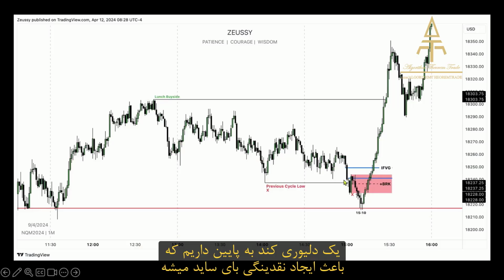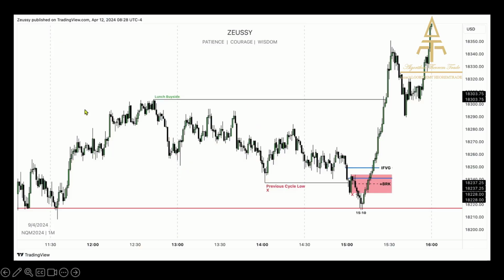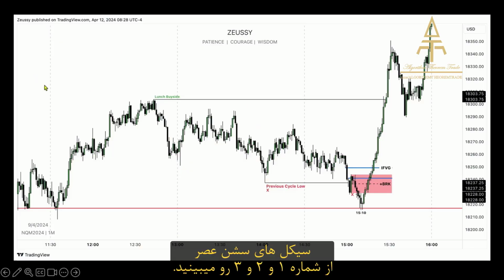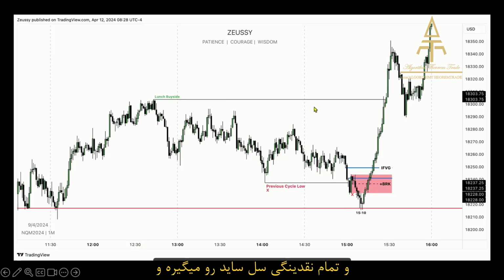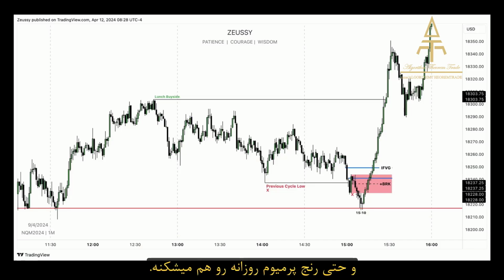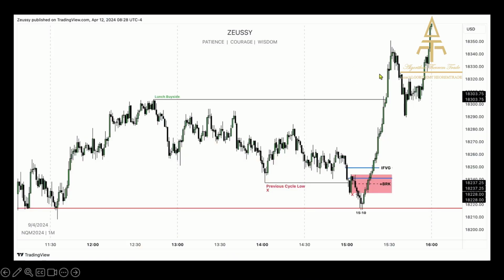this very slow delivery lower, which of course engineers buys at liquidity above all highs. Take a look at the time cycles. PM cycle 1, PM cycle 2, PM cycle 3. First 2 PM cycles engineer buys at liquidity. Third PM cycle manipulates below the second PM cycle's low. Takes out all of that sell side liquidity, trades into that rejection block, boom, reverses and expands higher into a premium of the current daily range and even beyond that eventually.